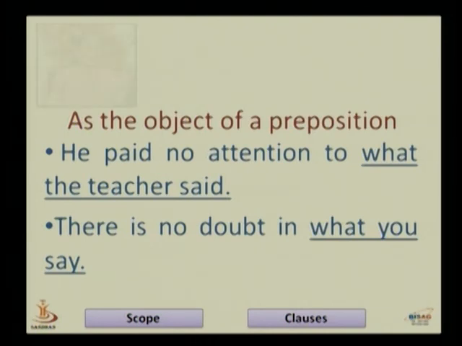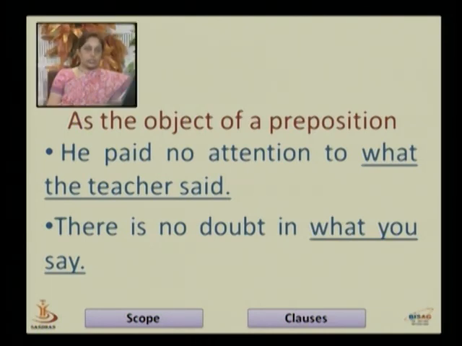Now we will see the noun clause as the object of a preposition. We will see some examples. He paid no attention to what the teacher said. He paid no attention to is the main clause. What the teacher said is the subordinate clause. In the subordinate clause it is a noun clause, and in the noun clause it functions